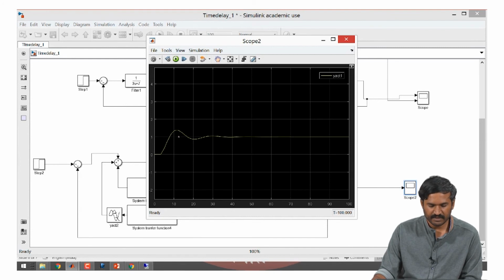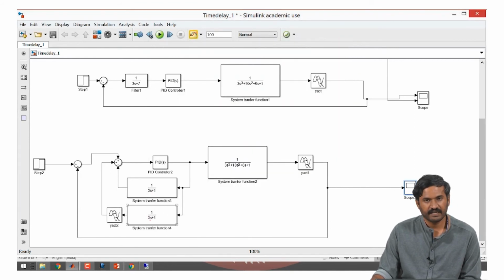So, as you can see, it is able to control the system even when the model of the system is taken as 1 by 3s plus 1. So, with the Smith predictor method, even if the model mismatch is higher, we can still control the system.